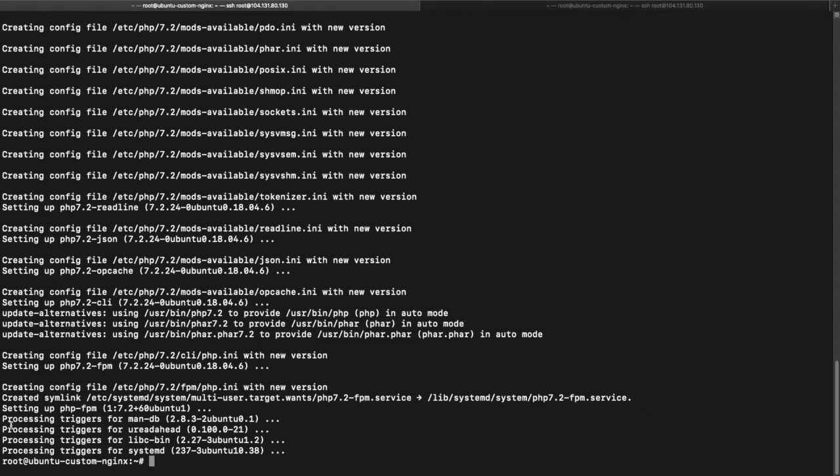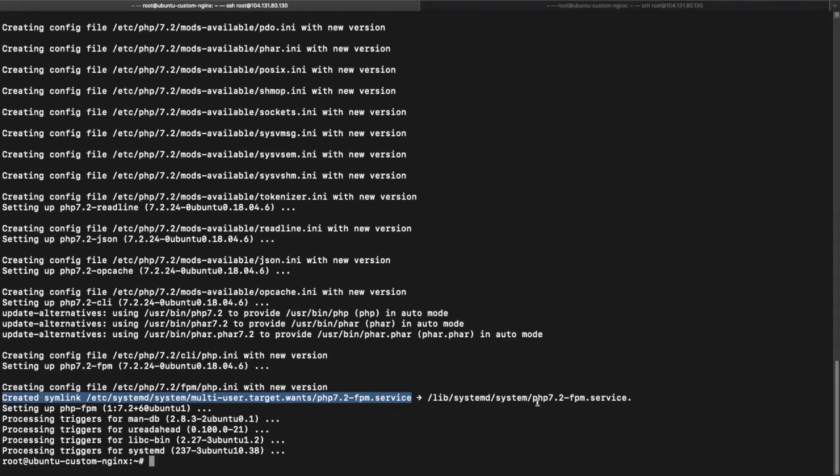Over here we see that PHP processing is triggered for man-db, initramfs-tools, libc-bin and systemd. It means the PHP service is created by default with this PHP-FPM. If you go to this link, you can see a symlink is created which points to the lib systemd system directory.